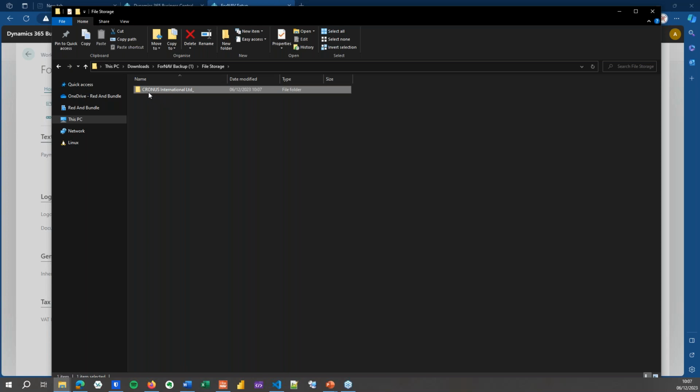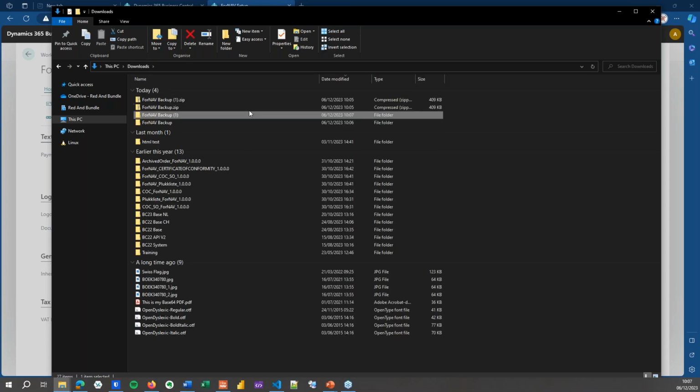The first node I have is the company in which the export originated, which in this case is Krones International. That means that if I import this backup across companies in a database that doesn't have the same companies, I might have some errors because it can't import the stuff into that company. So what we are going to do